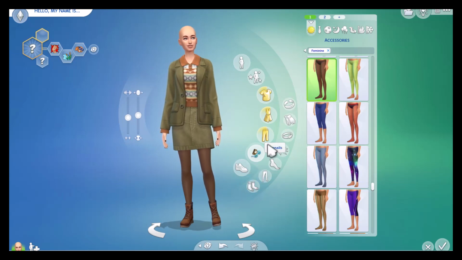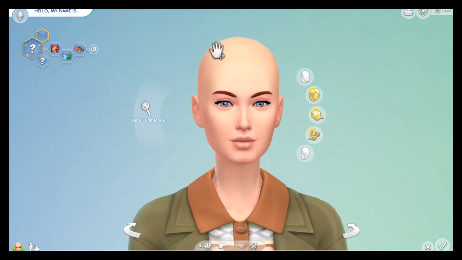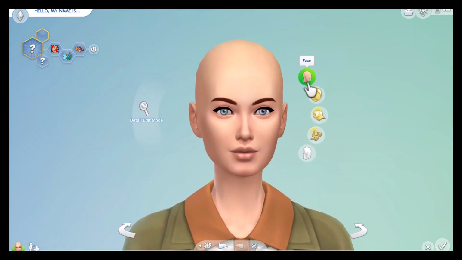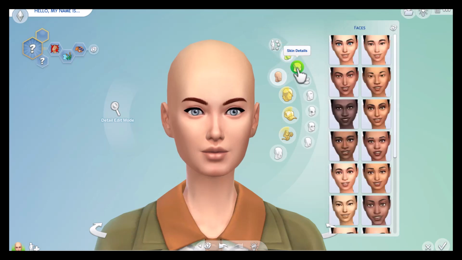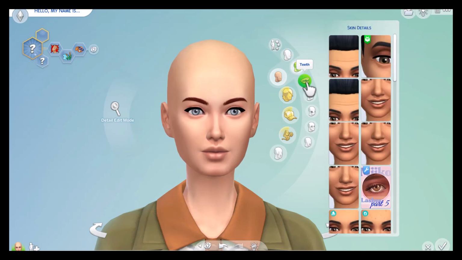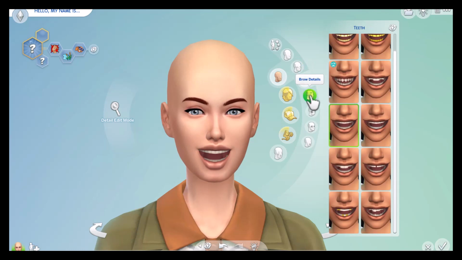And then you go to the head, just click on it and then you're suddenly there at the face. And then that's back at the skin tones if you want to change those. Different preset faces, just different everything. Teeth, scars,